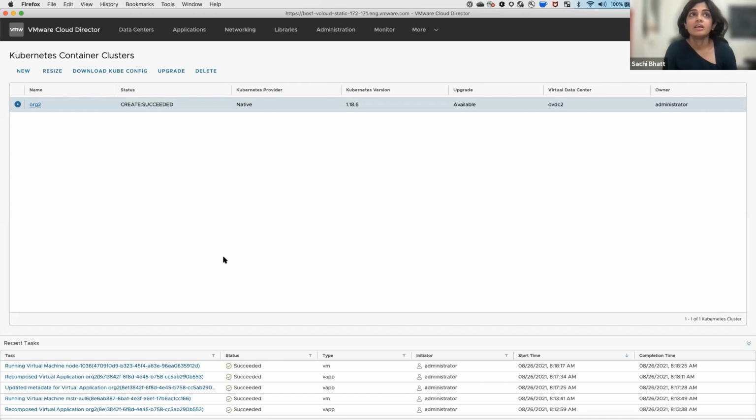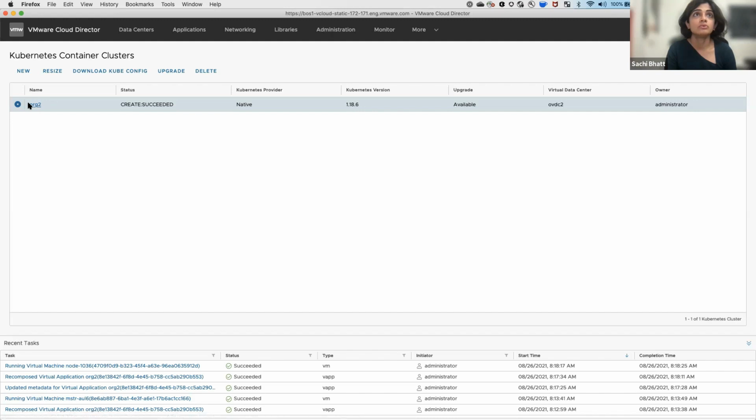Yeah. So we just reviewed quickly how to create a Kubernetes cluster, and now we'll see how to upgrade a cluster. When you click on the cluster for the first time, you can see if an upgrade is available or not.